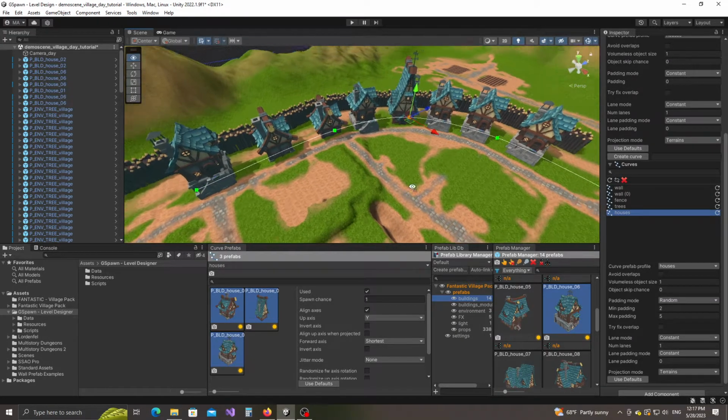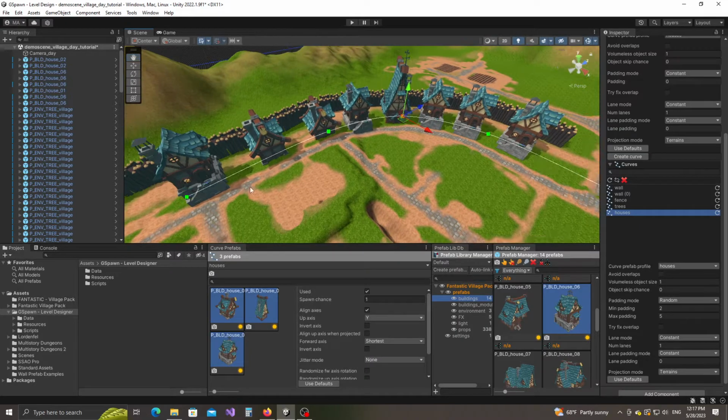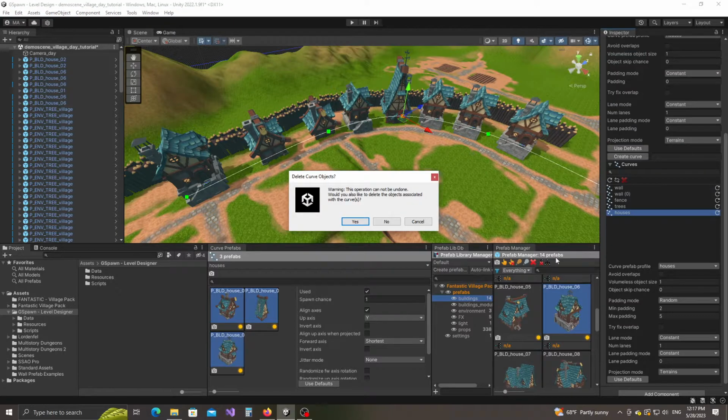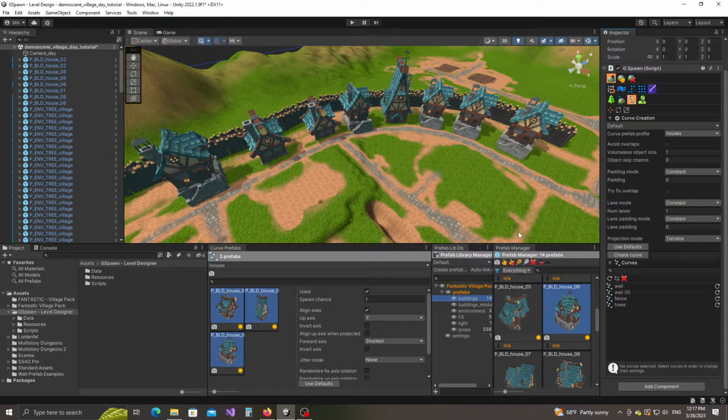Now let's just say that I don't want to make any more changes to this curve. I can actually delete the houses curve from this list by pressing delete or by pressing the X button right here. So I'm going to press this, and it says warning, this operation cannot be undone. Would you also like to delete the objects associated with the curve? I'm going to say no, and what this will do is it will delete the curve, but it will keep